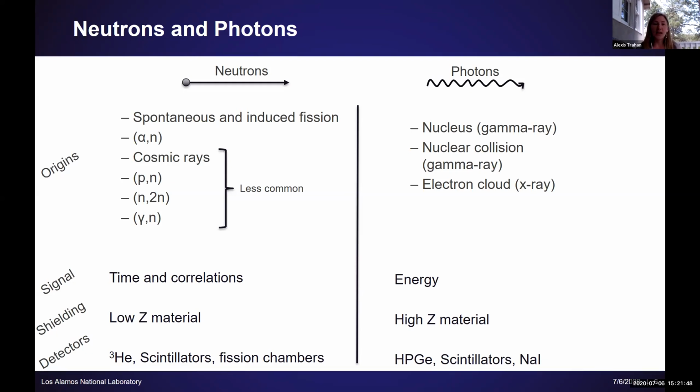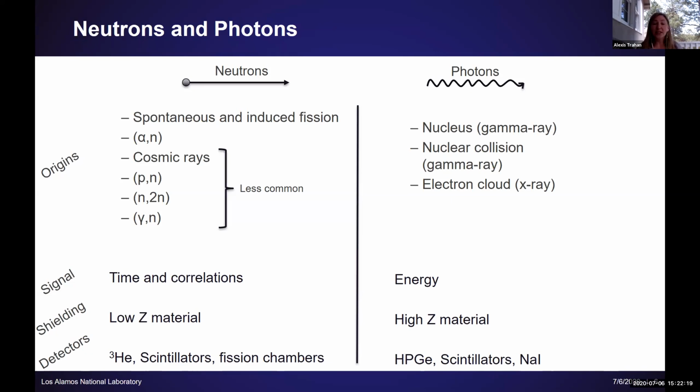With neutrons, the neutrons that are coming from fission come essentially all in the same energy spectrum, the Watt spectrum. And so you can't really use the energy to differentiate between emitting isotopes like you can with gamma rays. So it just requires a different way of looking at things. If you're used to gamma rays, then you have to shift your mindset for neutrons to think about time and correlations instead of energy, much of the time. There are always exceptions, but most of the time.